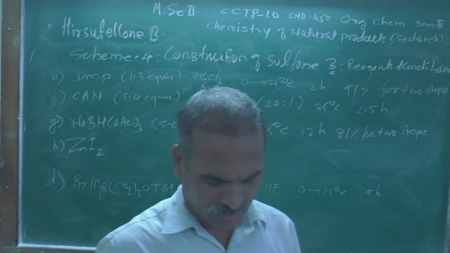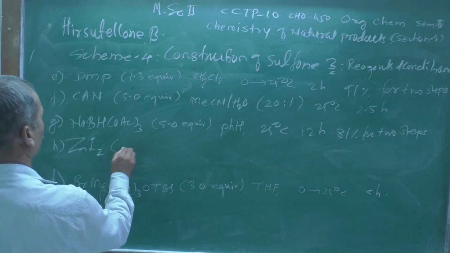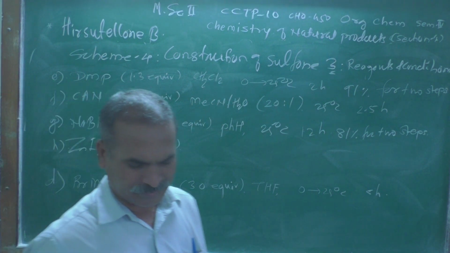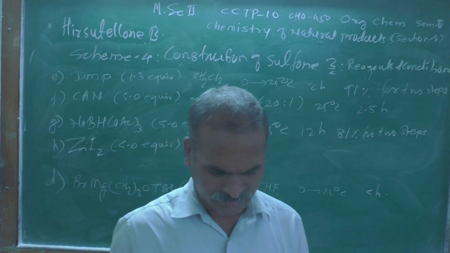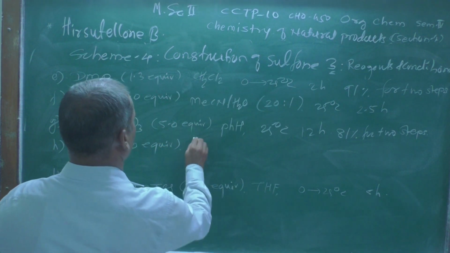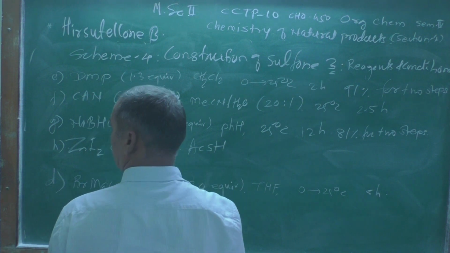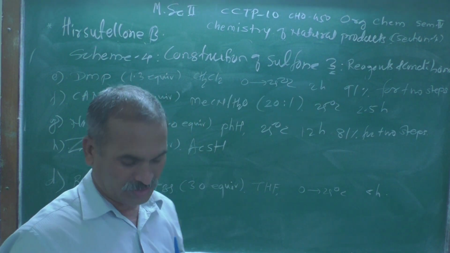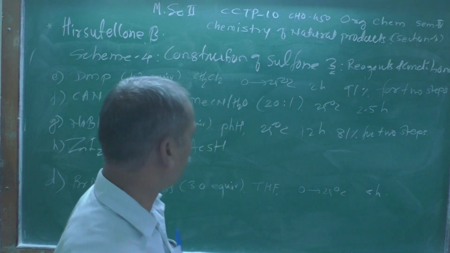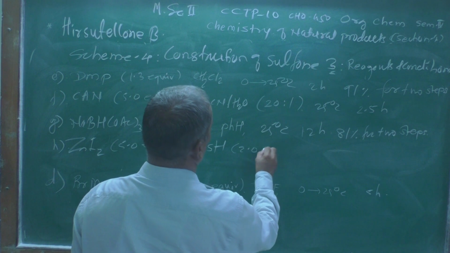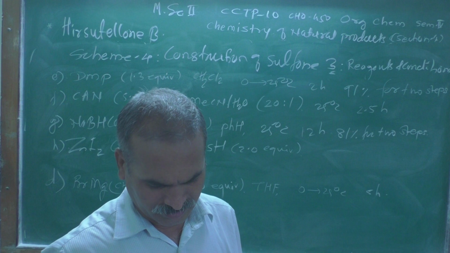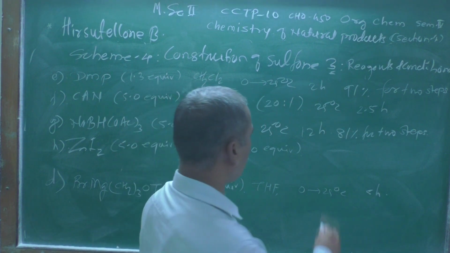The equivalent they have taken is 5.0 equivalent, and that is AcSH, thioacetic acid, used over there, and the equivalent they have taken is 2.0 equivalent, and after that the solvent they have used is